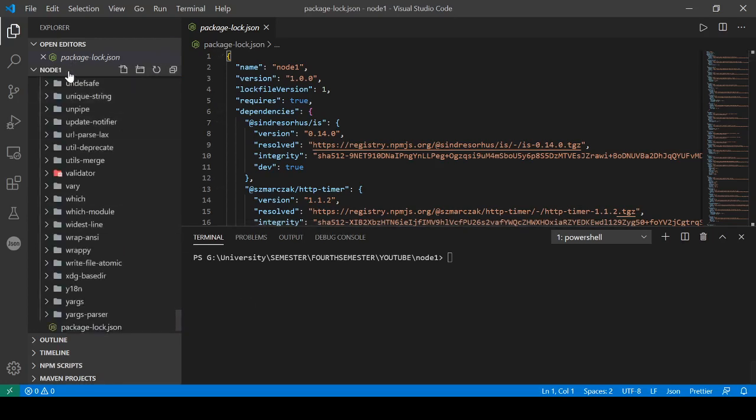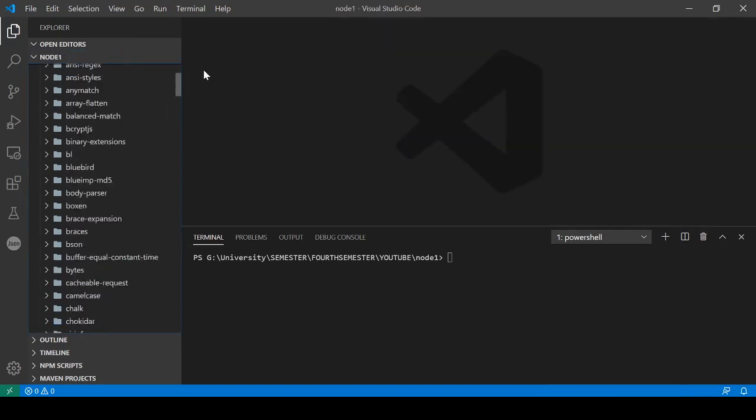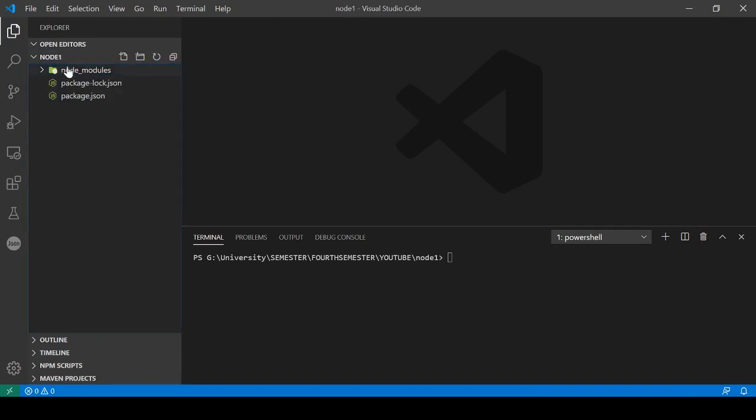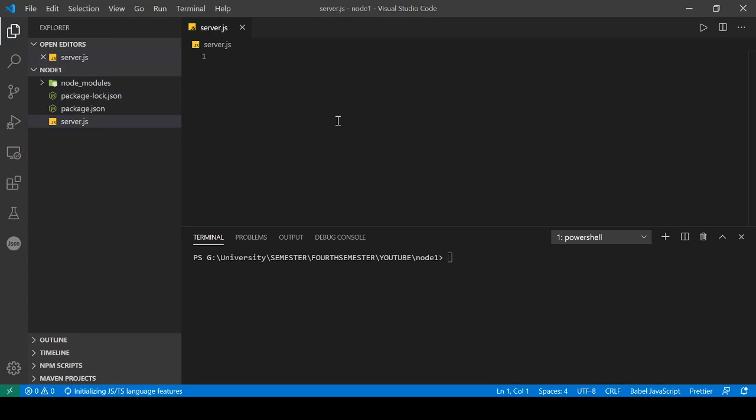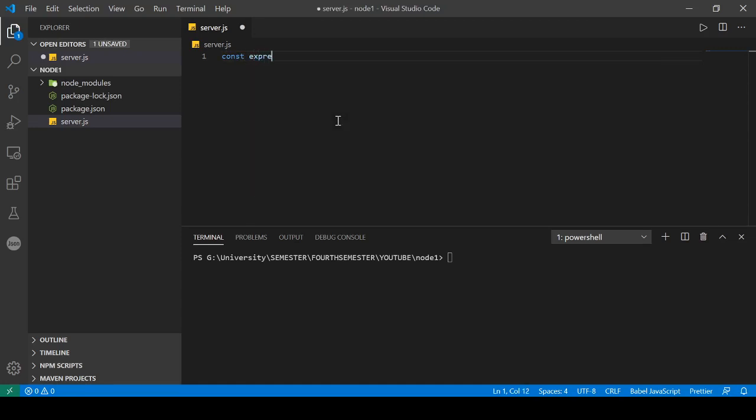Now I'm going to create a file. Oh, not over here, it's in one folder. We are going to create a file over here. It's server.js, the entry point of our project, and this would be the file in which we are going to have our server running. And to create a first server, we need to import some things